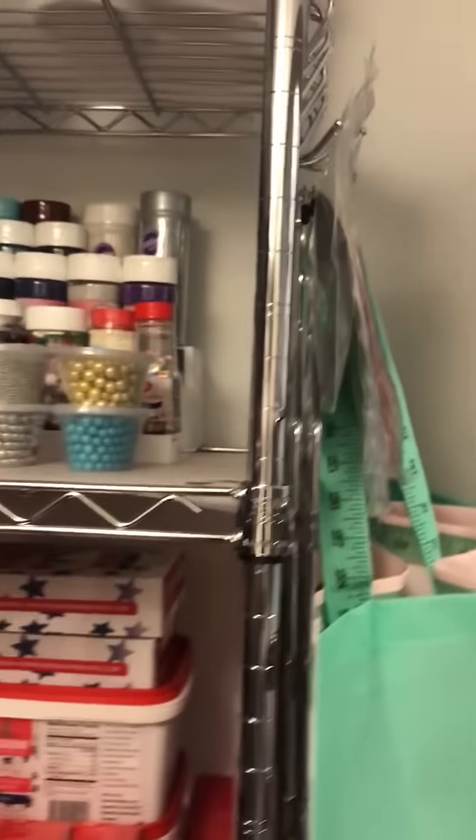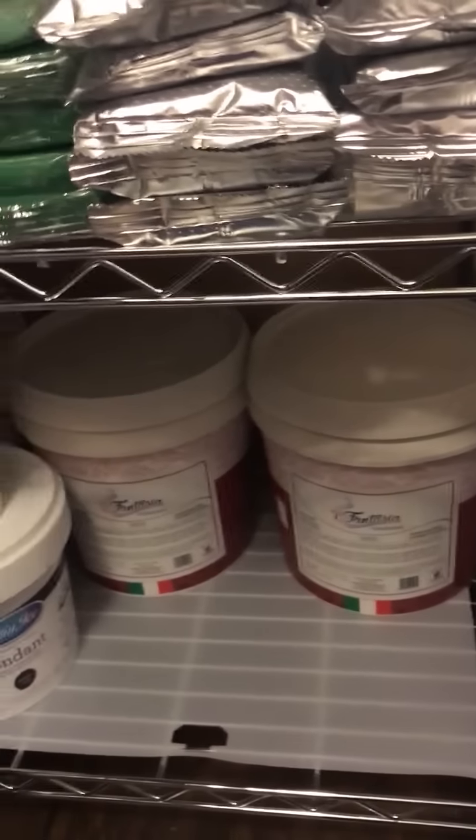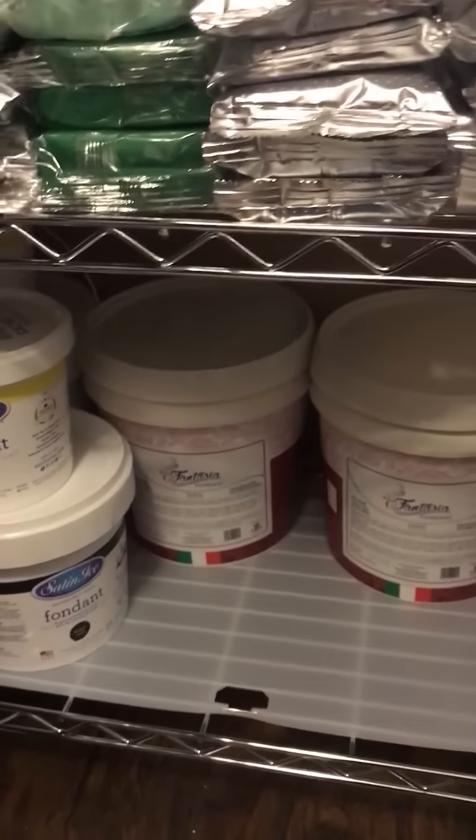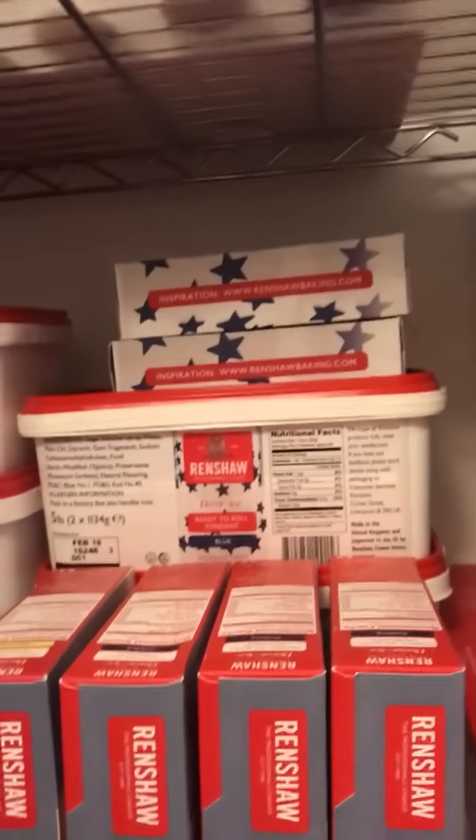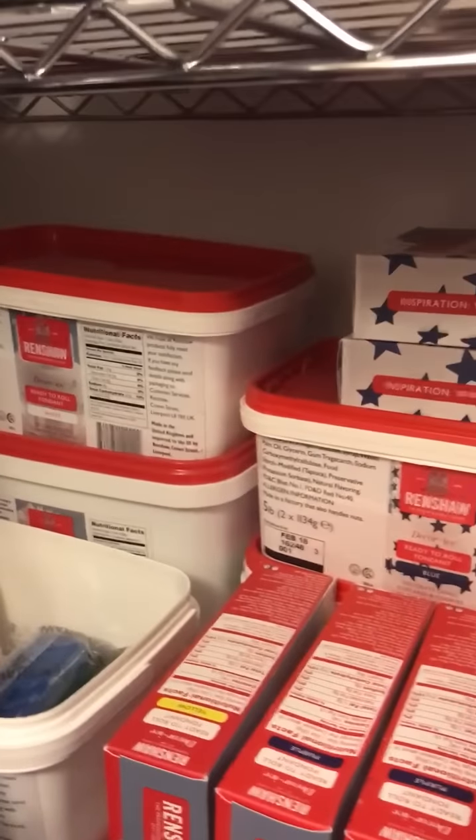And then here's my fondant shelf. And I've got it kind of all separated by brands. So I've got Fantasia, which is really nice. I just tried it out for the first time not too long ago, and I really like it. And then I've got Satin Ice. And then this is my Massa shelf. Karma fondant, which is awesome. And then here's my Renshaw shelf. This is kind of ridiculous, but